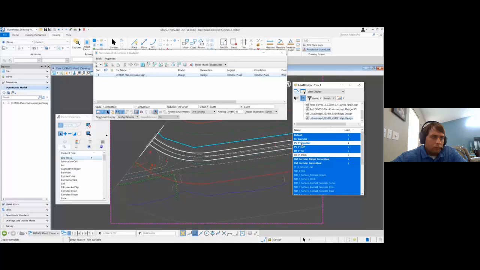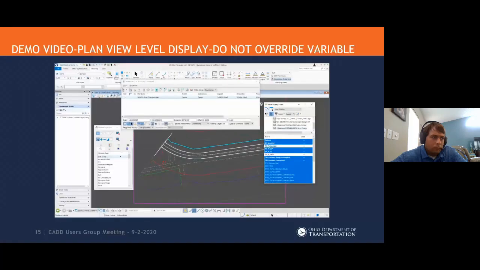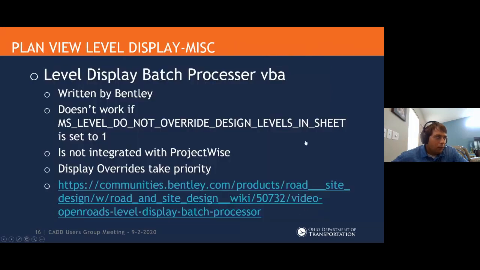So hopefully I didn't confuse you guys. Okay, so I know that was a lot. Hopefully that last recap cleared it up a little bit. It does work. It's just that weird difference between global and view display. So moving on, there's some other things, and when I get to profile, you'll see hopefully some more clarification as I get through this, because a lot of it works the same way, but each one's slightly different.